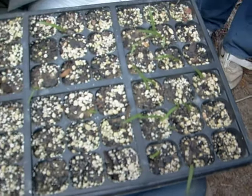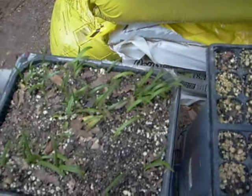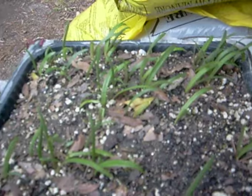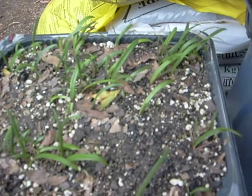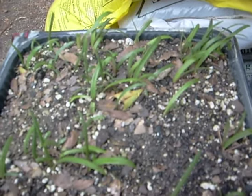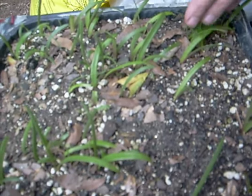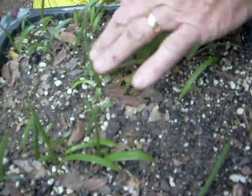And after they pop up, then you'll need to fertilize them, continue to keep them moist, use a water-soluble fertilizer and fertilize them at least weekly throughout the growing season until the fall. And if you've done all of your homework,